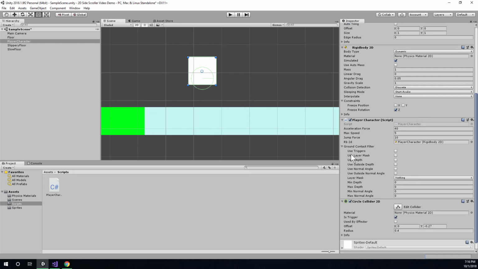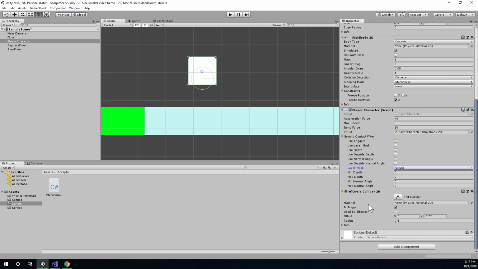contact filter, I'm going to update this layer mask so that it's looking for the ground layer. So we're filtering out things that aren't on the ground layer. We're only going to be concerned with ground. And the other thing we want to do here is, since what we're going to use to detect the ground is this circle collider that we marked as a trigger,